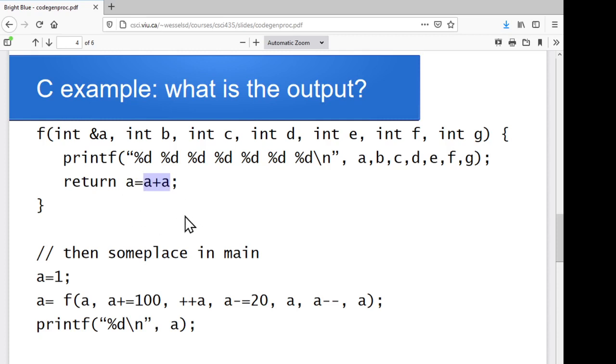So, let you stew on that for a second and think, what would it actually do? What would the value of that first reference parameter be? Is it going to do these things, let's say left to right? Is it going to go through and compute, so A was 1, so is it going to pass 1 and then pass 101 and then pass 102 and then what would that be, 82,